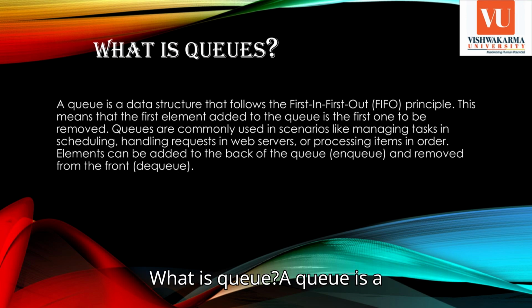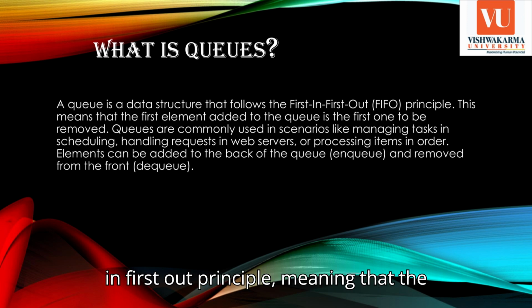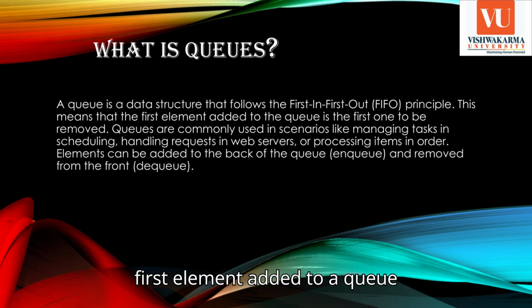What is queue? A queue is a type of data structure that organizes elements in a specific order. It operates on the first in first out principle, meaning that the first element added to a queue will also be the first one removed. This is similar to a line of people waiting for a service. The person who arrives first will be served first, and the people join the line at the back and leave